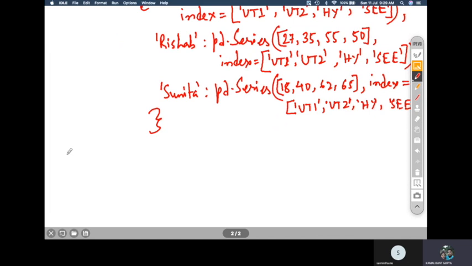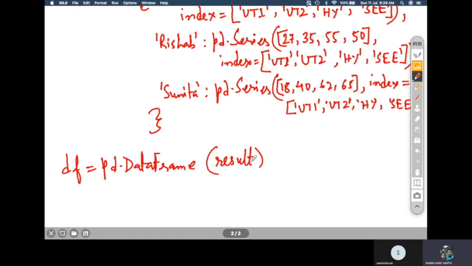So you have to write df is equal to pd dot DataFrame, and here you have to pass the name of that dictionary, that is result. So it will create the data frame for this result.